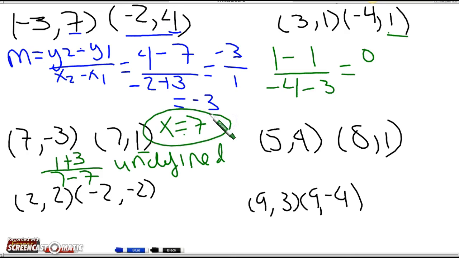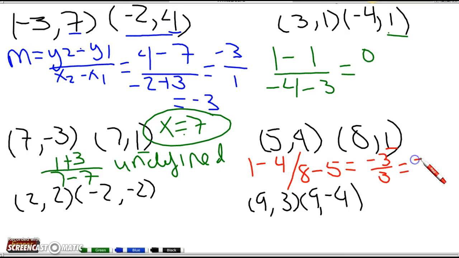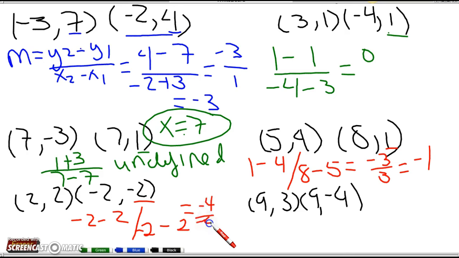Okay. So now let's do the guided problems. So again, my y2 is 1. So I do 1 minus 4 divided by 8 minus 5. And I get negative 3 over 3, which is negative 1. The next one, I have negative 2 minus 2. They're the exact same thing, but I get negative 4 over negative 4, which is 1. And then the last one,